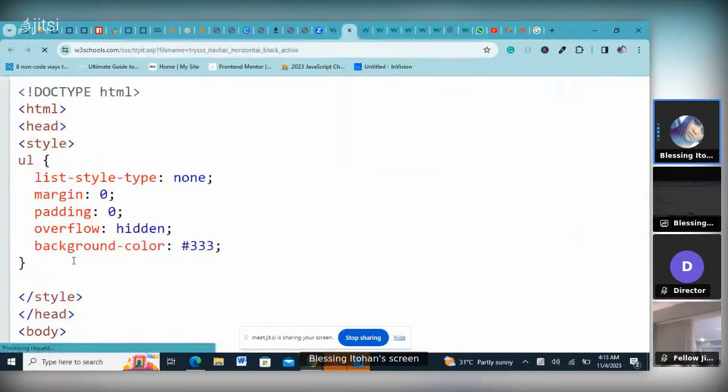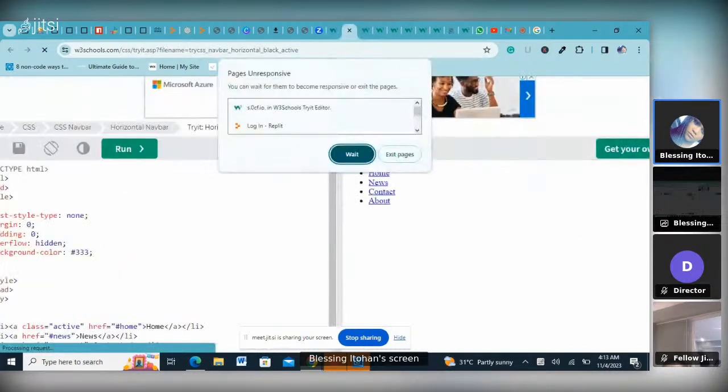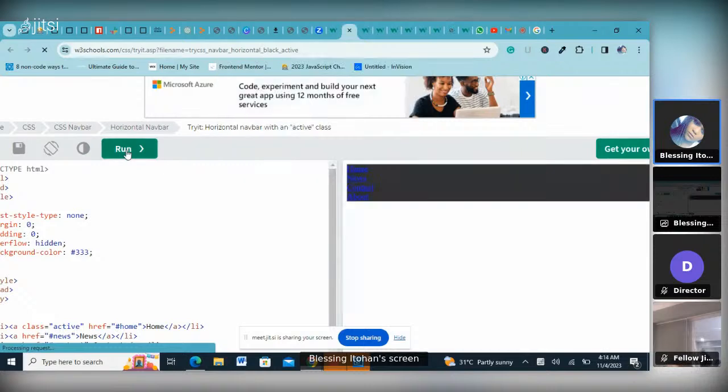Is the color code for the black you're seeing there. So this one, our overflow is hidden. Although I don't even think we need it, because this is just about 4 links. But if I run this code now,